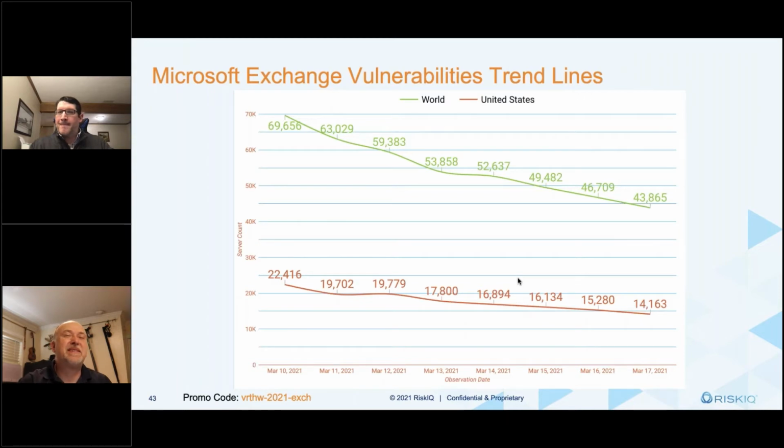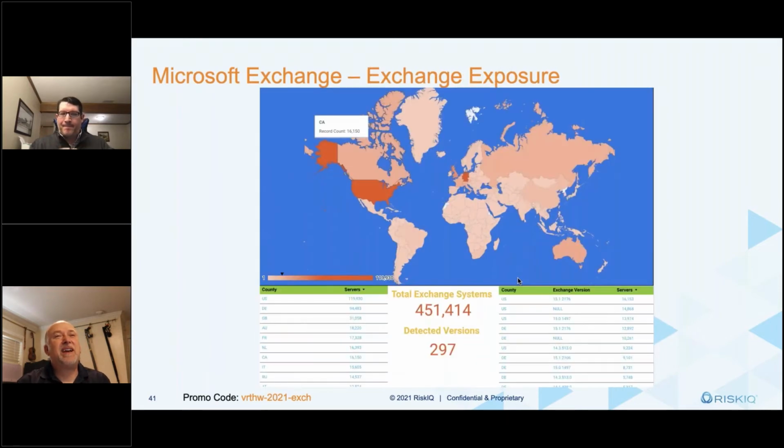Can you go back to the previous slide? Yeah. So when Doug and I were first looking at these, I was like, "Oh my goodness! Who wasn't affected?" I go, "Oh look, North Korea wasn't affected at all by this." So that's that little white spot on the right side of the map. It's kind of funny. So what we've seen is China, Russia, threat actors from Iran and from North Korea all taking advantage of this.